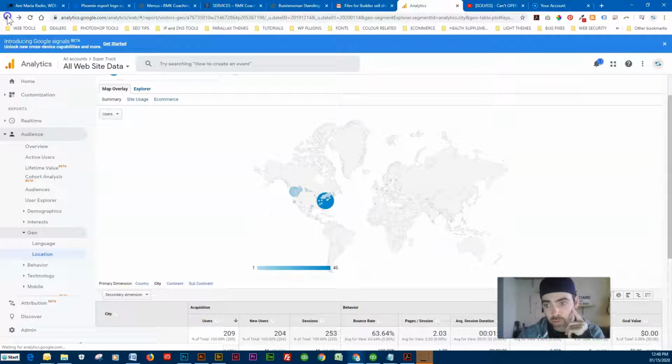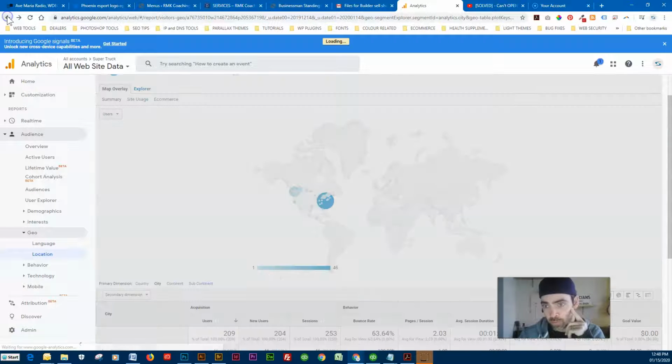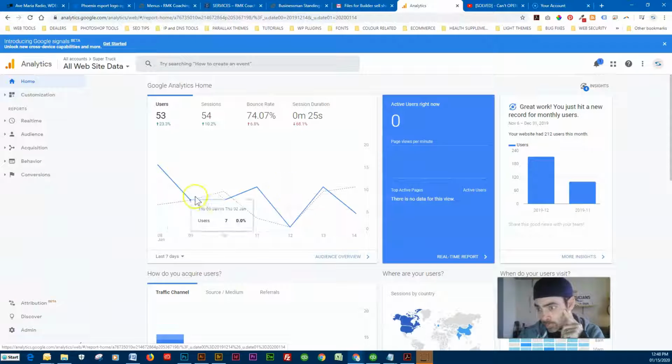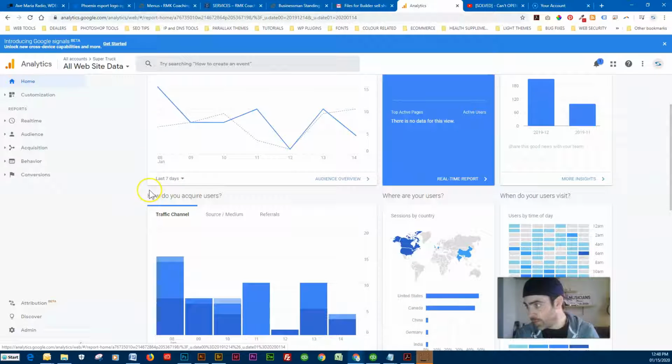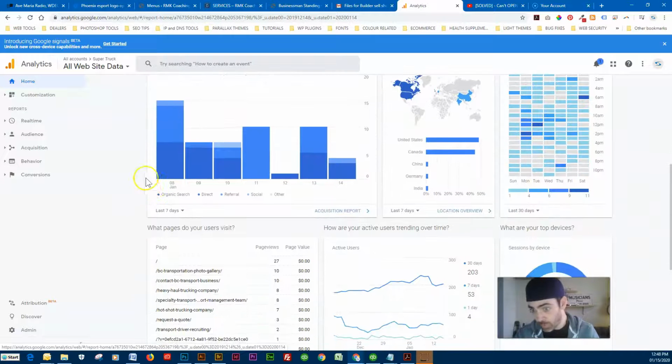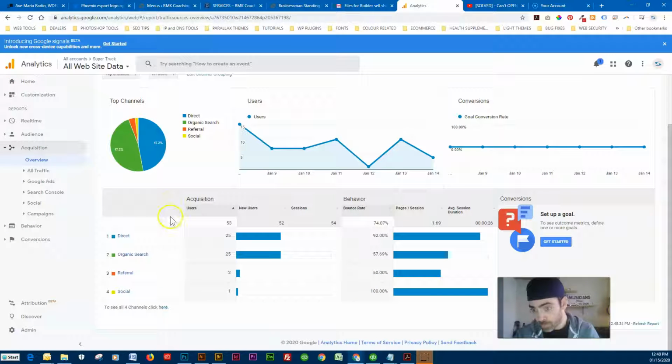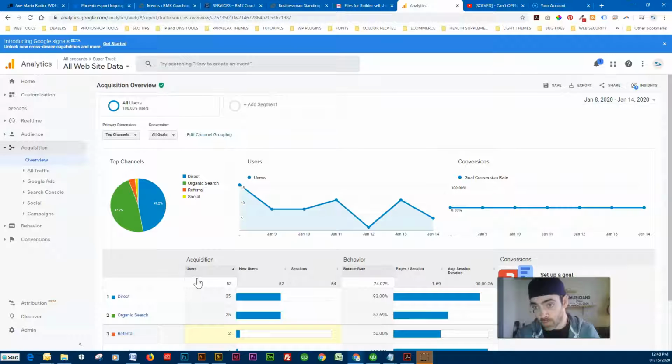I'm going to go back to the main page. Or just click home up top here. It'll get you back to the main dashboard. Everything will reset back to 7 days. One thing I wanted to check was acquisition report. So you've got stats on direct traffic, organic, referral. Another thing too is under acquisition